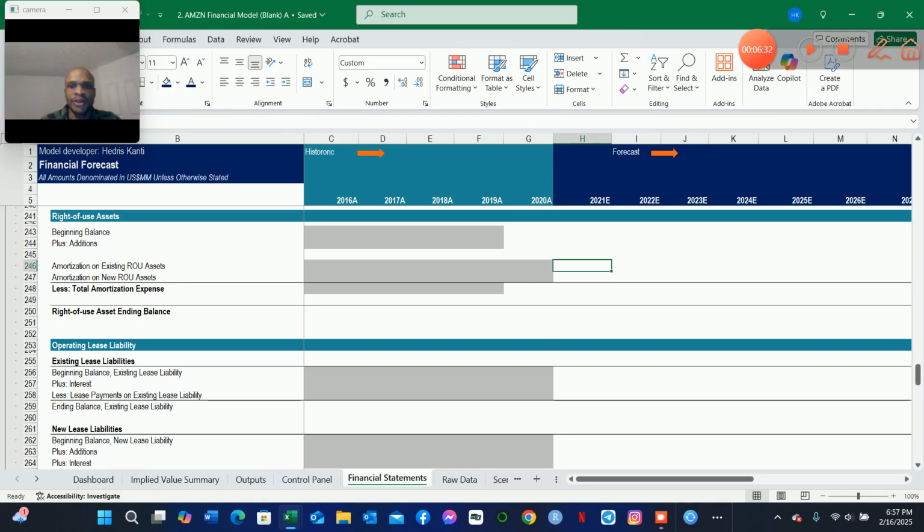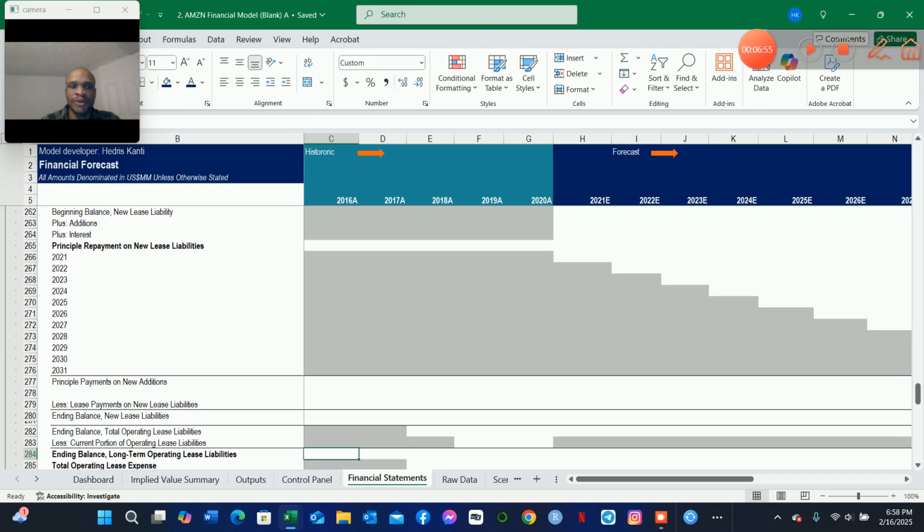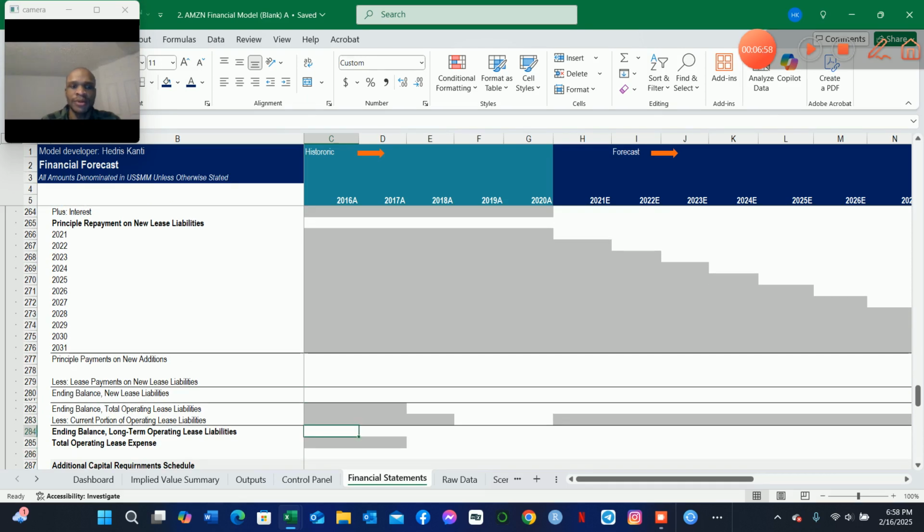We'll just be linking whatever amortization on existing right of use of assets will be based on the existing lease liability, and the amortization on new right of use of assets is gonna be based on the new leases under the operating lease liability. So let us begin with the operating lease liability here. So just as we did with the finance